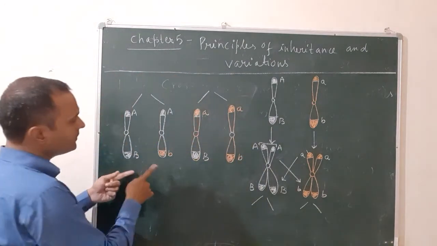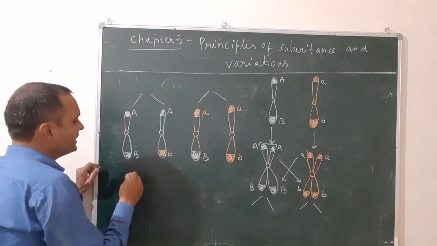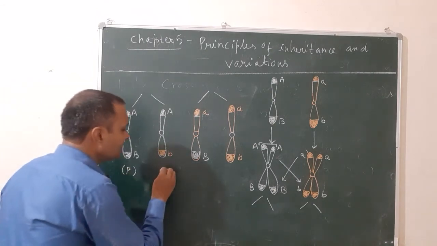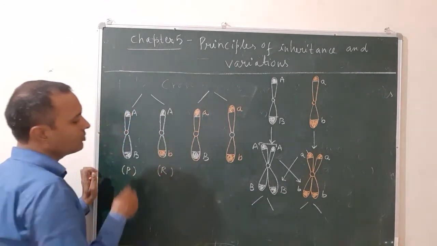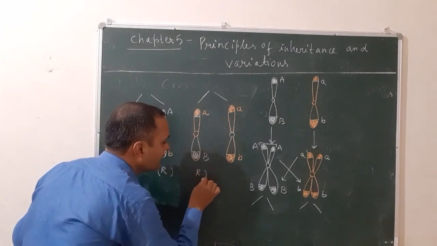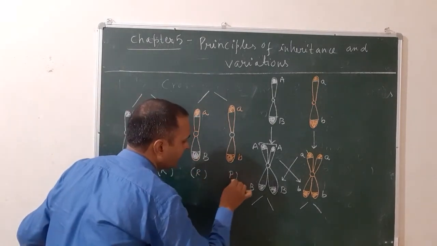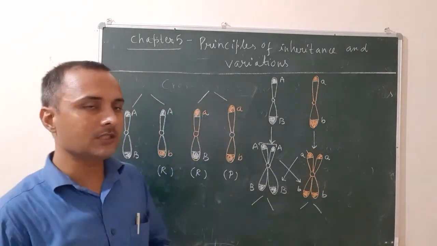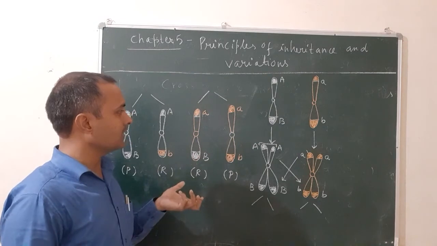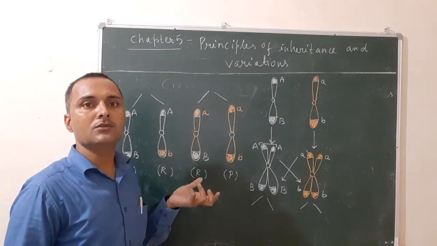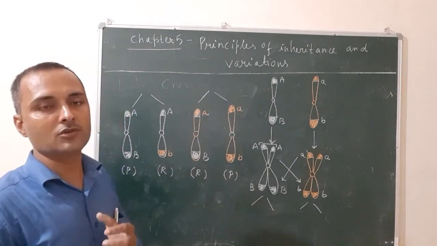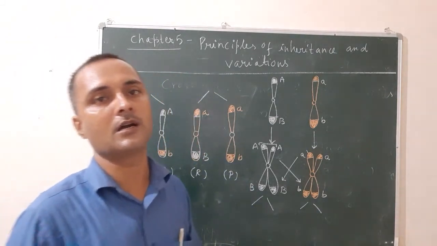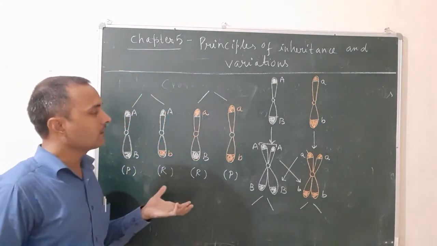So out of 4 chromosomes, the first is parental because it has the same genes. The second is recombinant because it has a new combination. The third is also recombinant because of a new combination, and the fourth is also parental after crossing over. So what is crossing over? The exchange of genes between the non-sister chromatids. During crossing over, the cross-like structure that is formed is known as chiasmata or chiasma. So this is all about crossing over.